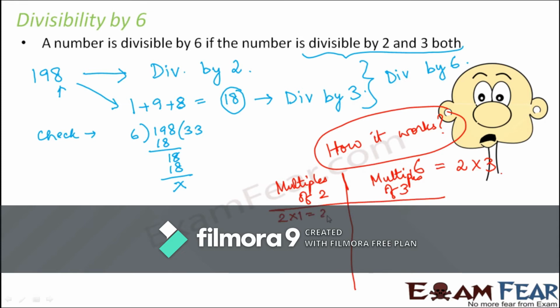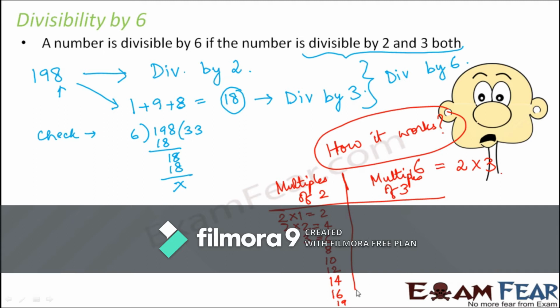So what are the multiples of 2? It would be 2 ones are 2, 2 twos are 4, 2 threes are 6, 2 fours are 8, 2 fives are 10, 2 sixes are 12, 2 sevens are 14, 2 eights are 16, 2 nines are 18,